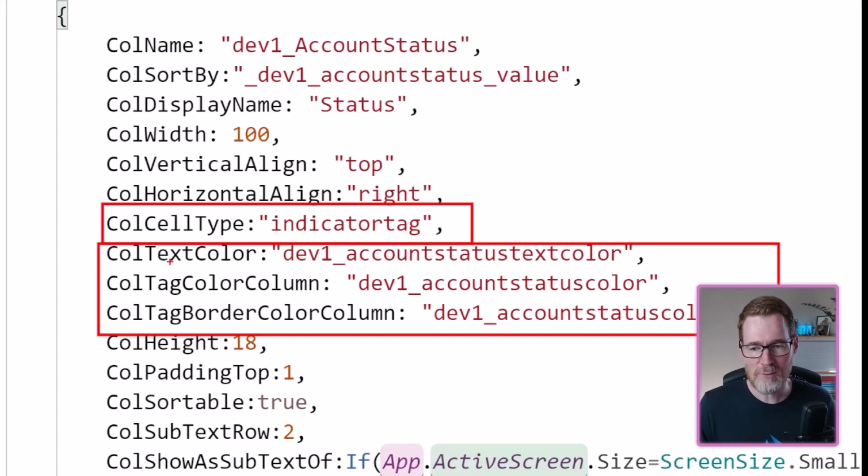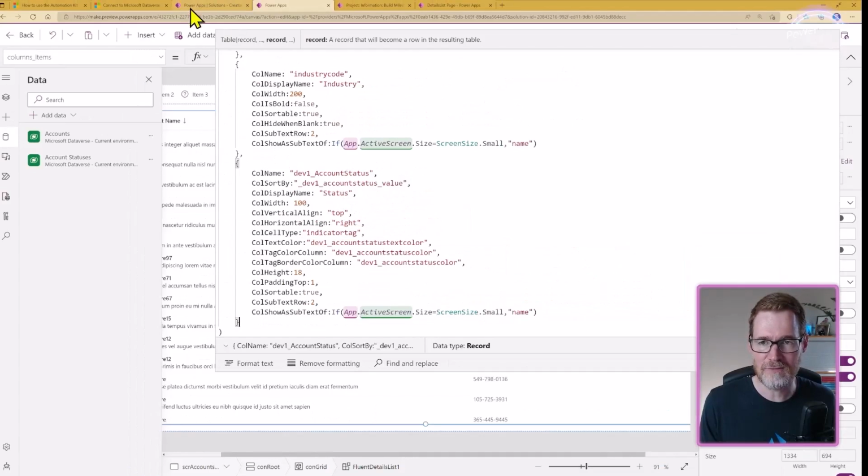And so how do we get these columns here? So you notice these are kind of logical names of columns. Because what we could do is we could use add columns to add these in to go and grab the status colors from the account status lookup column. But the problem is if we did that, if we added in that data using add column, that's going to suddenly remove the ability to have that direct binding to Dataverse. So rather than using add columns, what we've got is a subtly different way of doing that.